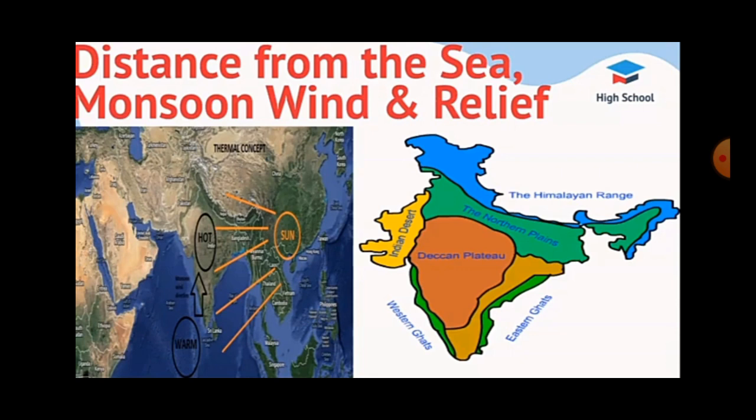During the southwest monsoon, areas on the western slope of the Western Ghats receive heavy rainfall. In India, the Western Ghats region receives heavy rainfall throughout the year. On the contrary, vast areas of Maharashtra, Karnataka, Telangana, Andhra Pradesh and Tamil Nadu lie in the rain shadow or leeward side of the Western Ghats and receive very little rainfall.